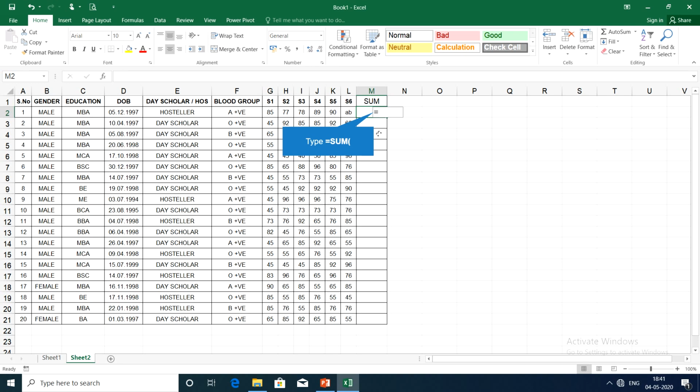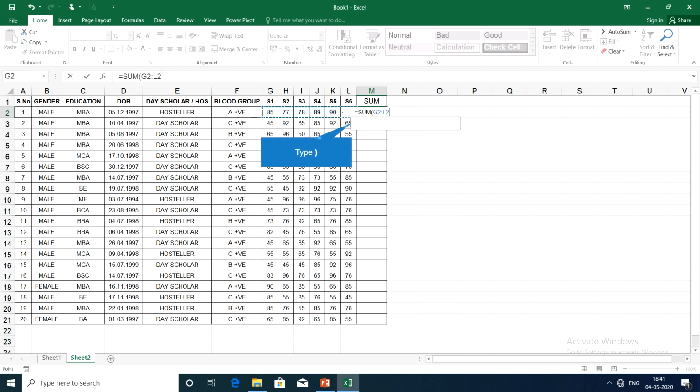In the previous session, we discussed identifying the total marks scored by the students. Here, the total marks means addition of numbers. To do that, I am starting with equal to SUM, open a bracket, then select all those numbers which you want to add.